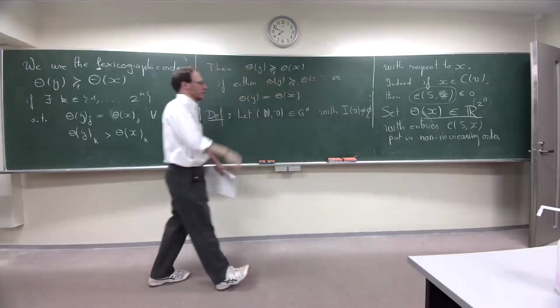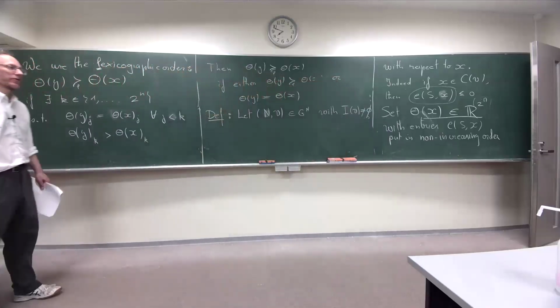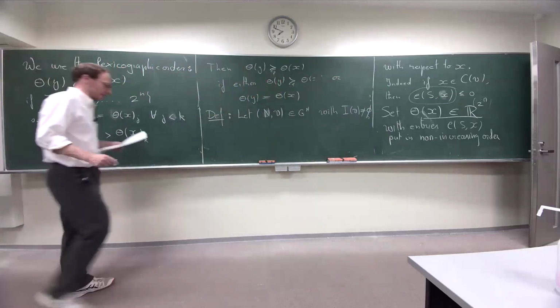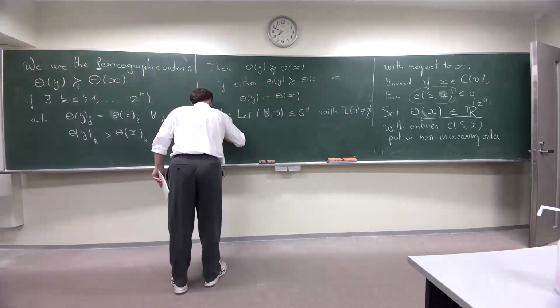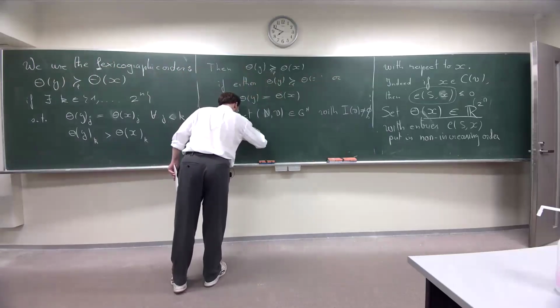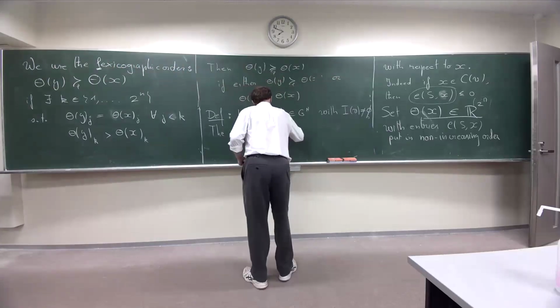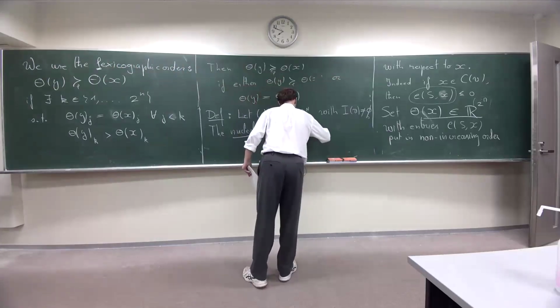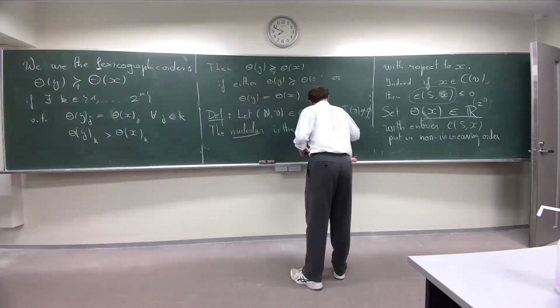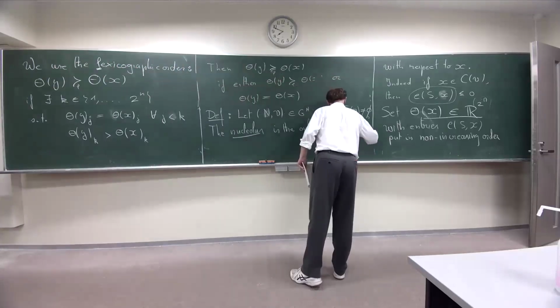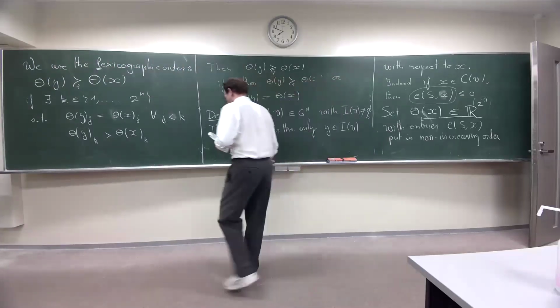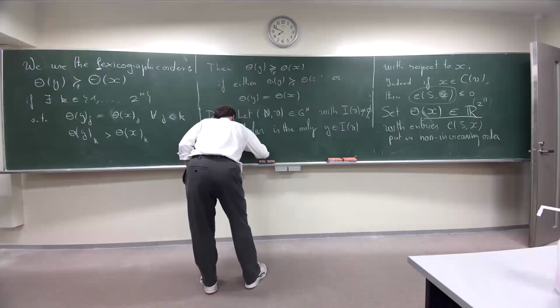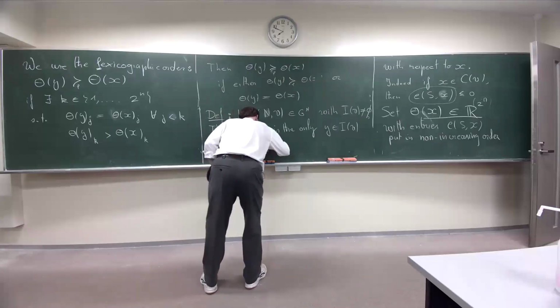If its imputation set is empty, the following definition doesn't hold. It doesn't exist. Then the nucleolus is the only y in I of v such that theta of y